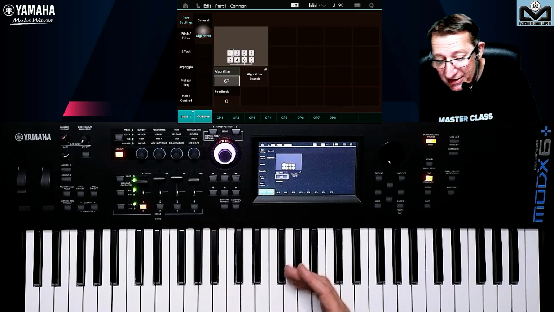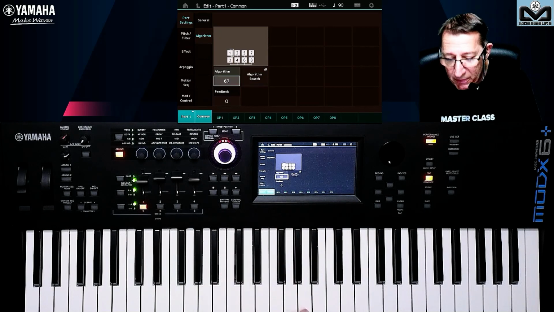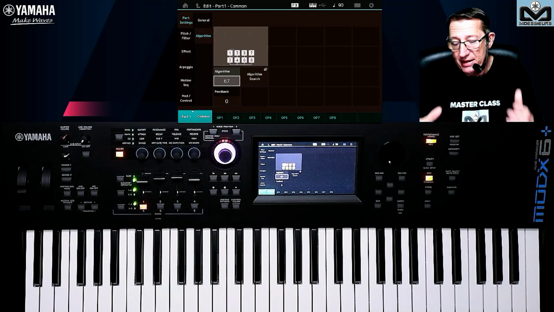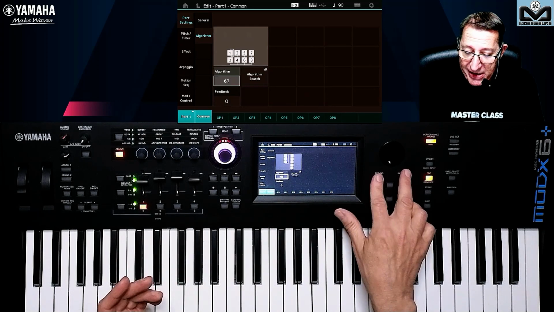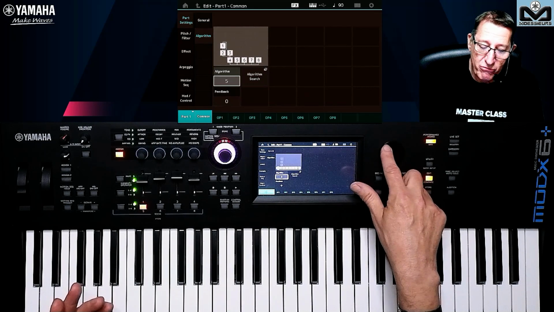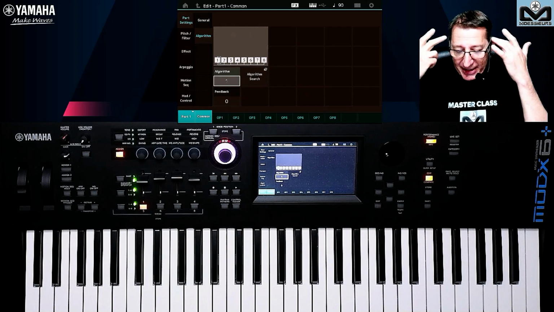And you have the second thing that you do not have on AWM2. This is the algorithm window. And here you see the algorithm, you see the feedback, and it's a way to change the sound. So we can go, and not review all the 88. It will be too long, but we will see and find some waveforms and some ideas that can help you.